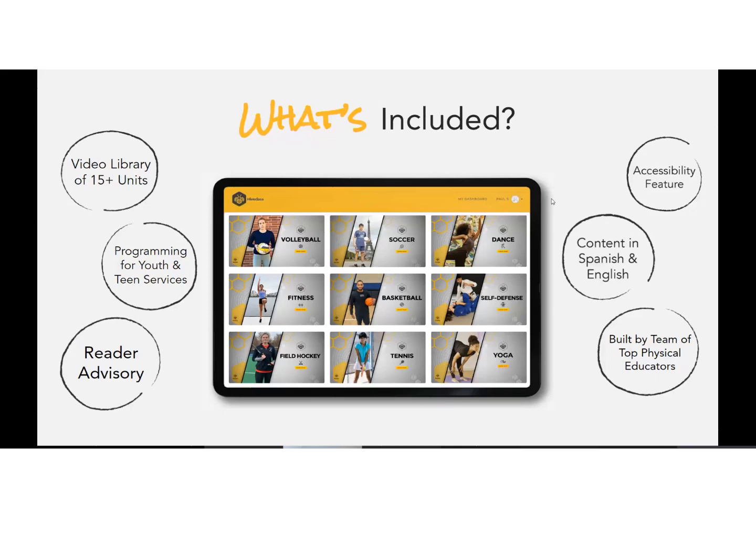This last little bubble, I just want to take a few minutes to highlight, which is that everything on our platform was built by a team of top physical educators, and it aligns with state standards here in the States. The reason why that's important for us is because we really want you to know and understand that the skills that we're teaching and the things that we are showing to our kids are really from the mindset of growth and really understanding the developmental skill set of where kids are and should be at any given moment.